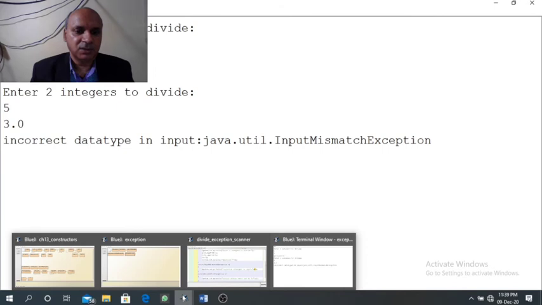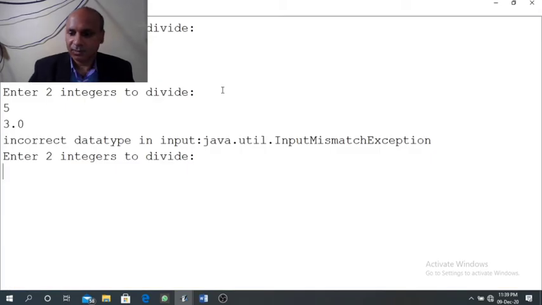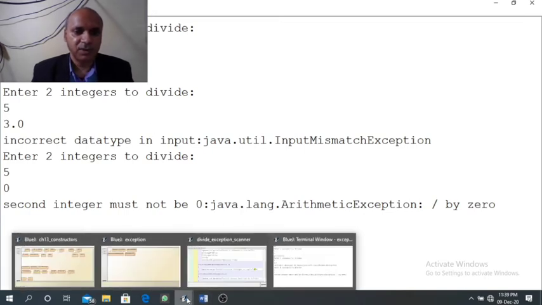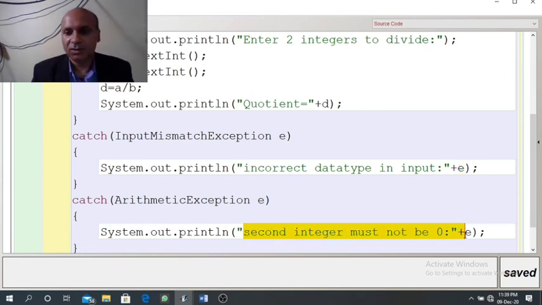Now when we run this code again, and this time we enter both valid integers, but the second argument is 0. So here we will get a processing error. In the programming code you can see we had designed a message, "second integer must not be 0."